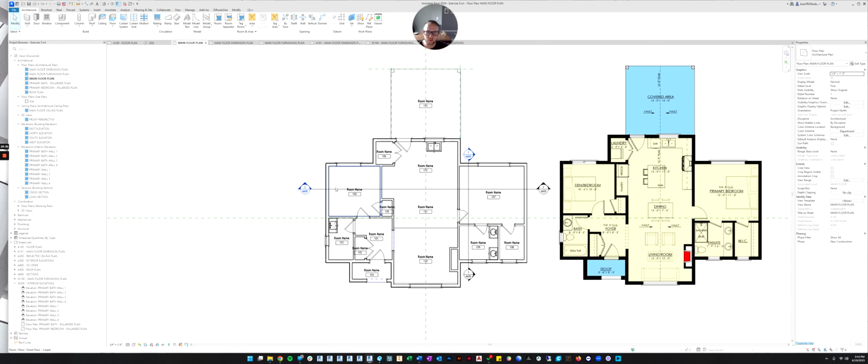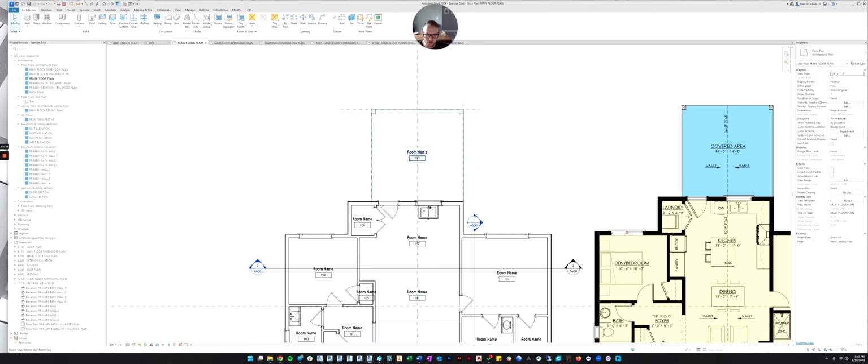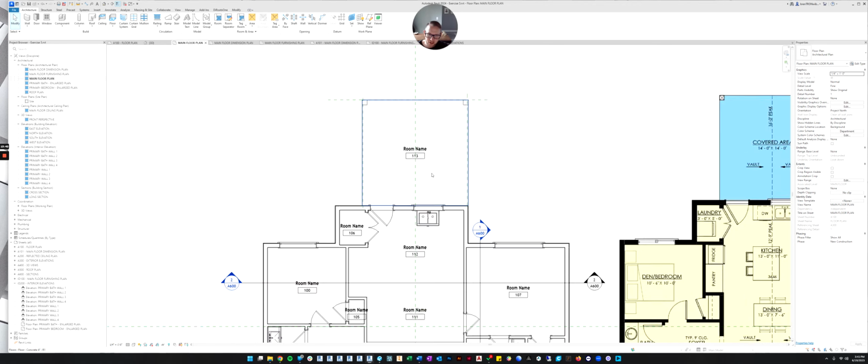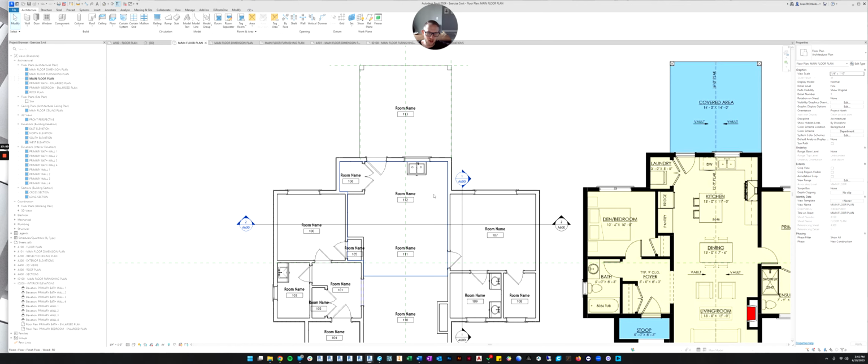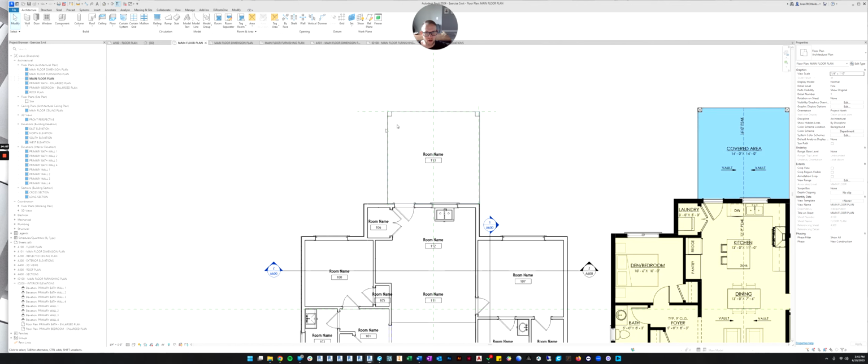Now it's hard to select a room again because you have to kind of hover over where that X was, where you saw that X. In order to select the room, you have to hover over that area. And it's particularly hard right now because my cursor is trying to select the floor rather than the room. So one thing that helps to select rooms is to go down at the bottom. And do you remember we talked about selecting elements by face? Right now it's allowing me to select a face of an object to select it. I'm going to click that off. And now I have to click the edge of the floor in order to select it. When I'm in the middle of the floor, it doesn't select anything.